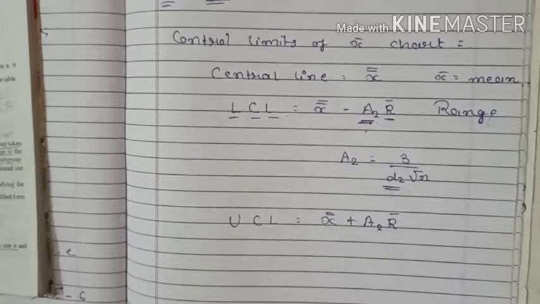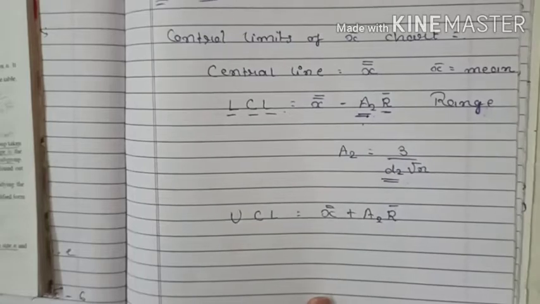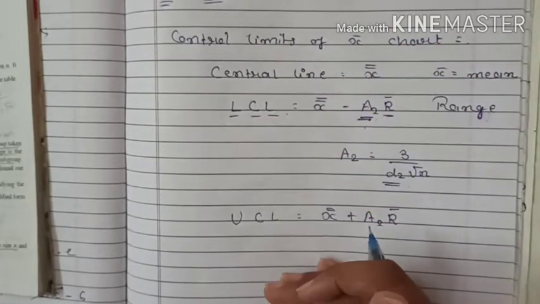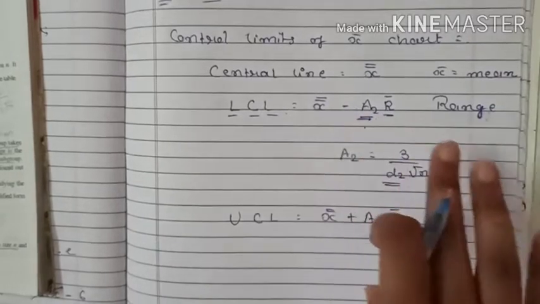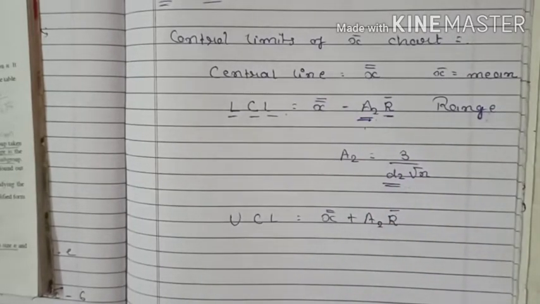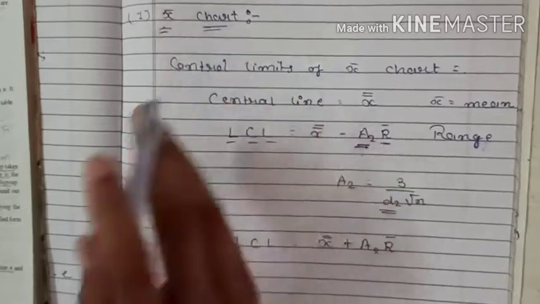But if every point of the chart lies between this range, between the lower limit and the upper limit, right? So all the points come under these limits, then it is known as the process is under control. So there is no need for any changes. But if there is a chance of going out of control limits, we need to take action against it. That means the process is not under control, right? This is the X bar chart.